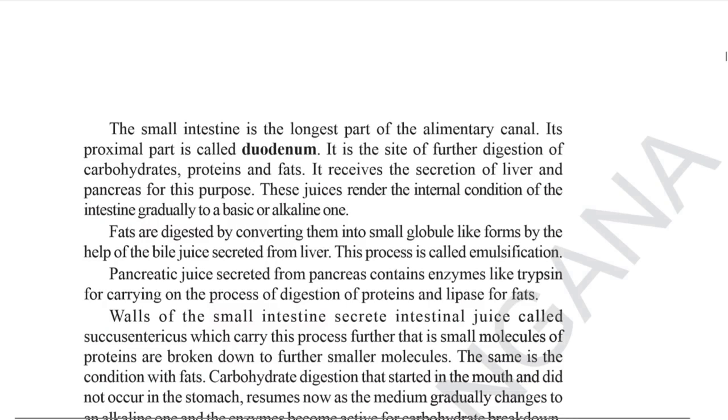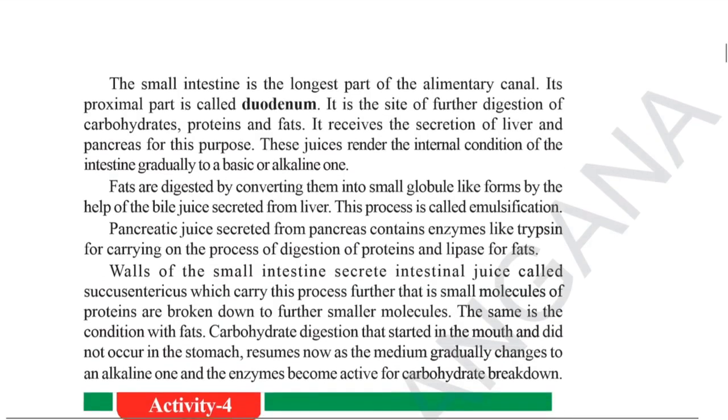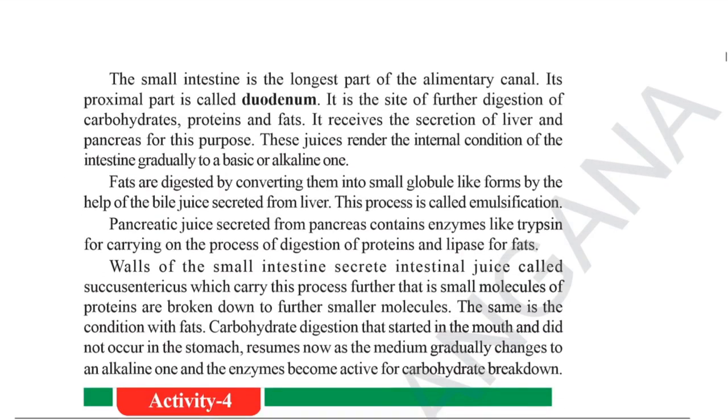those juices into the small intestine and gradually the food turns basic or alkaline, because it has mixed with the HCl which is produced by the stomach. It is acidic in nature. Now it will also convert the food into an alkaline or basic nature, so that we won't feel irritation in our intestine. Fats are digested by converting them into small globules with the help of bile